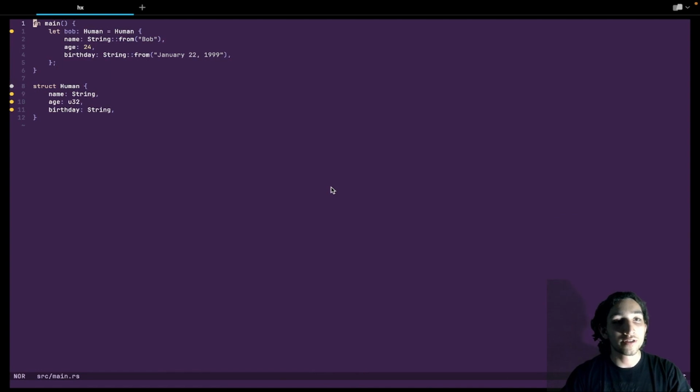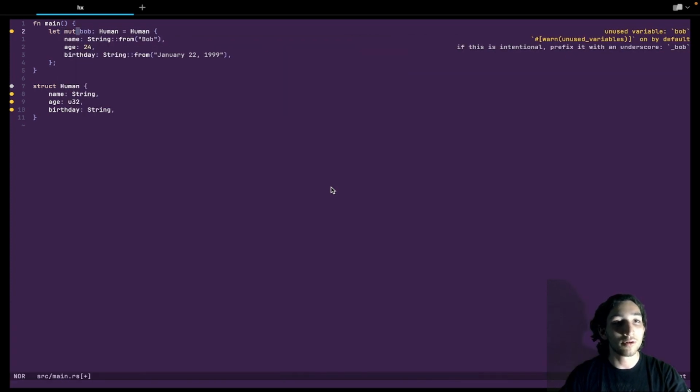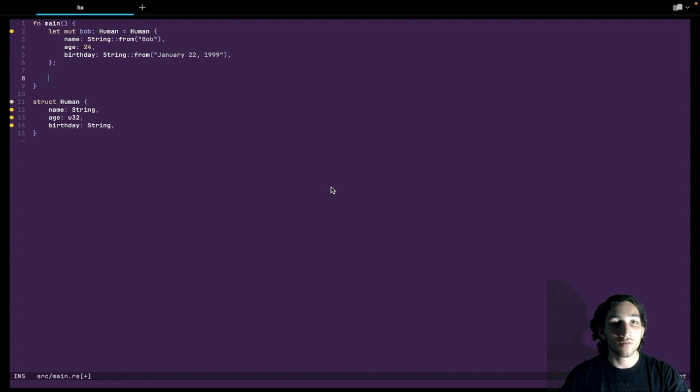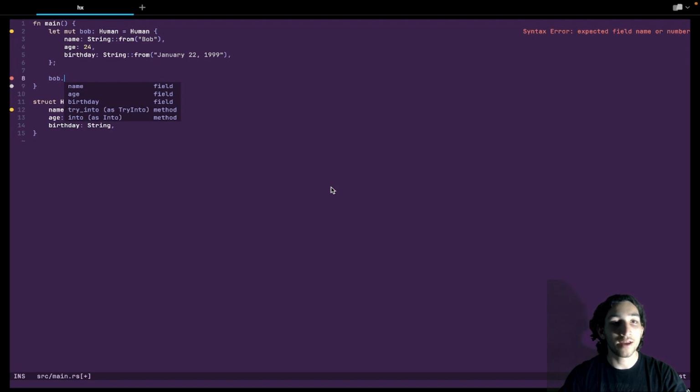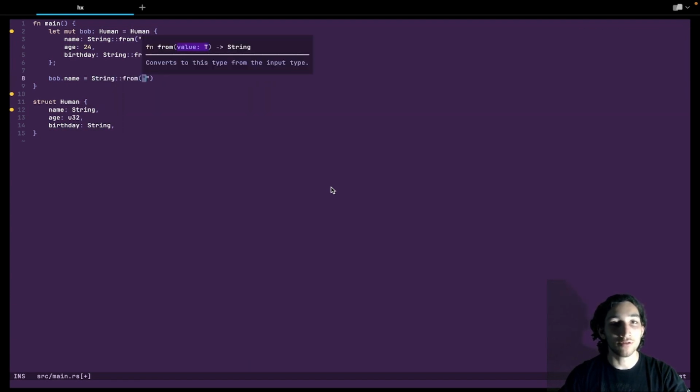Now, if we wanted to be able to mutate or change Bob in any way, like if we want to change his name, we could make this mutable, and then right here we could access the name by using the dot convention. So we call the variable, the instance of the struct, so bob, and we say dot, and then we want to access name. So bob.name equals, and we're going to say Bob changes name to Fred.